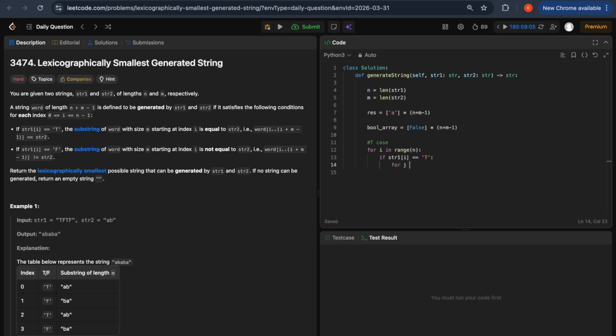So for j in range, we start from i and go until i plus m, because of the string2 size. We have to use string2 for this particular validation. So now we will check if